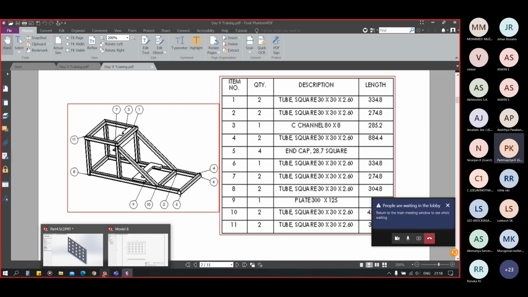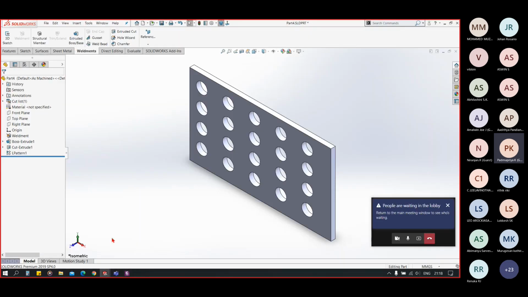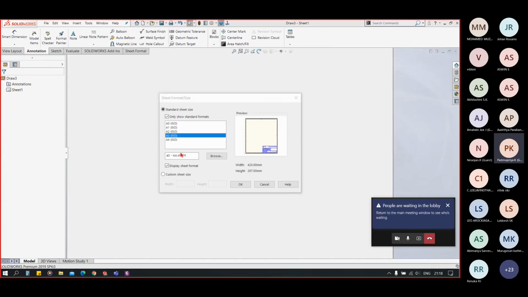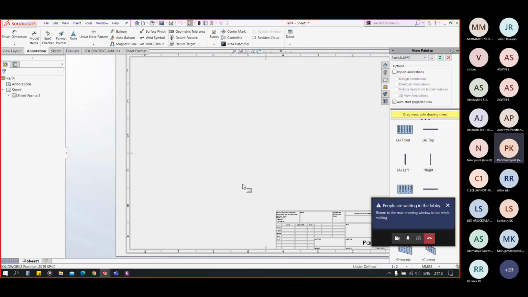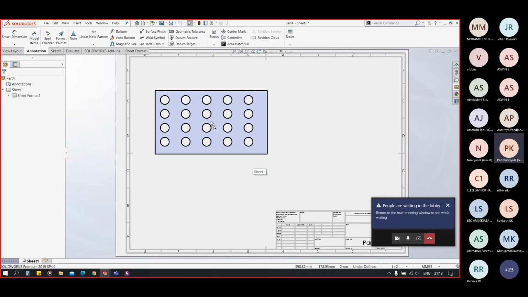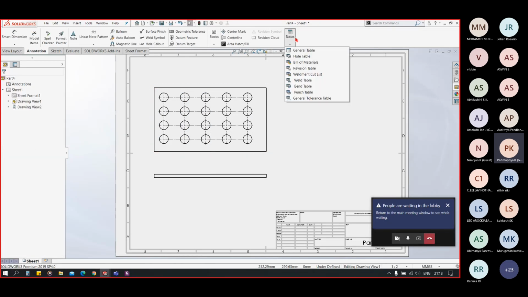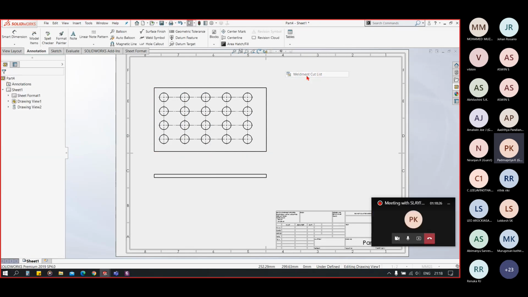Now let's go to our screen. As currently we have a single item, our cut list will have a single item. So we will have examples for both single item and multiple items. So now let's create a drawing. Place a front view, top view, and in the table you can see the weldment cut list.